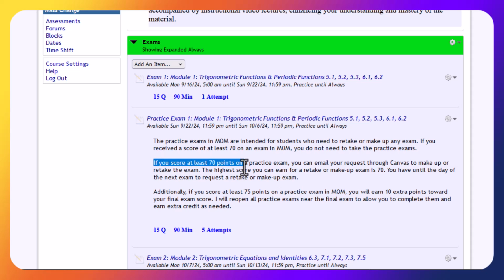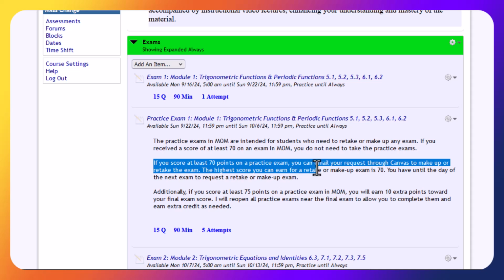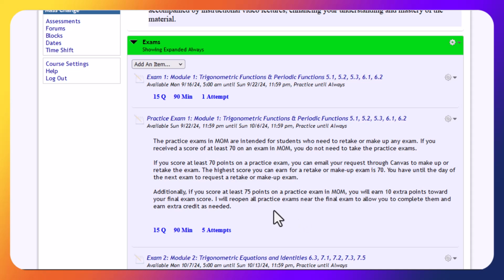But you must complete the practice exam and receive at least 70 points before sending your request to retake or make-up exam. The best scores you can earn for retake or make-up is 70. If you complete these practice tests and receive 75 points or better, you would receive 10 points toward your score for the final exam. So if you're happy with your grade, if you receive over 70%, you don't need to